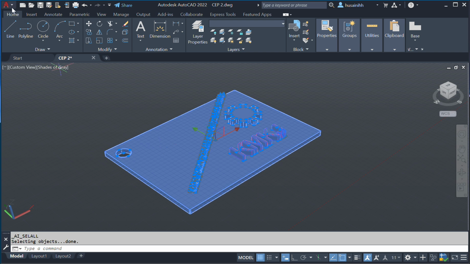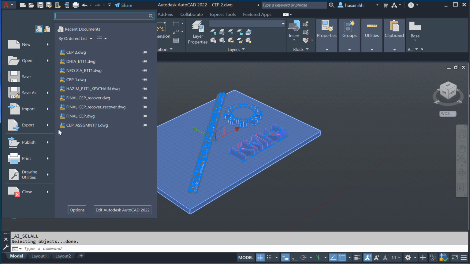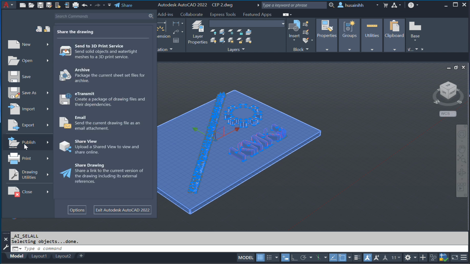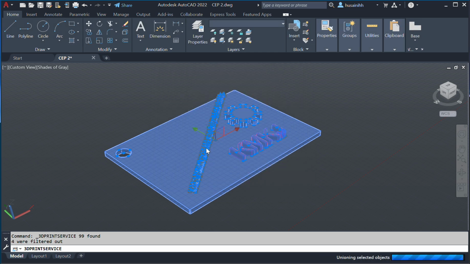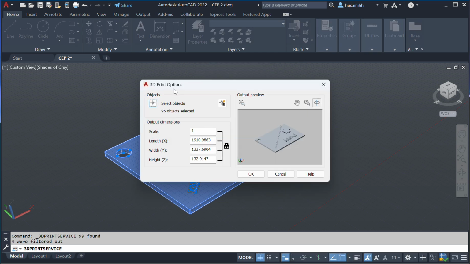Okay, and click the logo again, and then move your cursor to Publish, not to click, and then Send to 3D Print Service, and then Continue, and it will pop up this 3D Printing option. You can